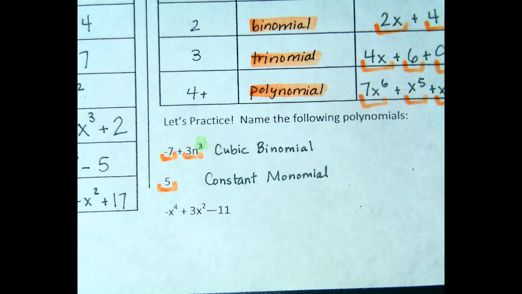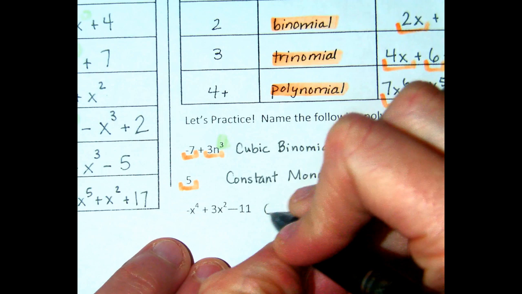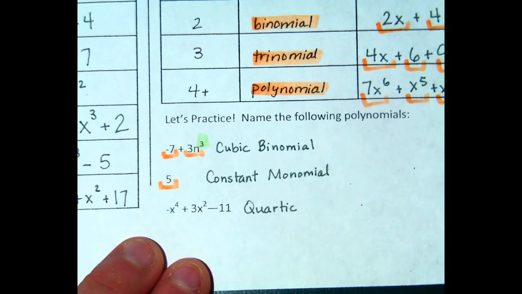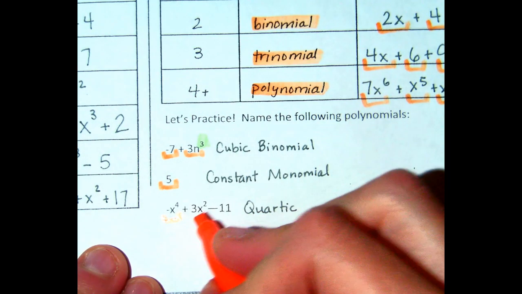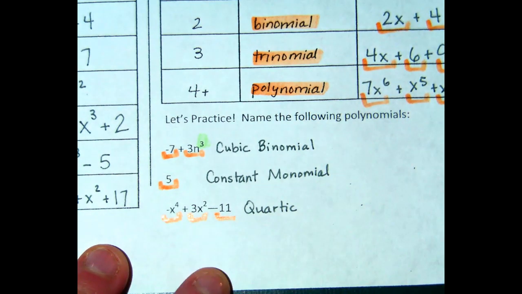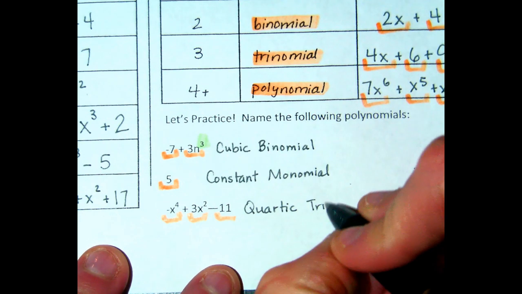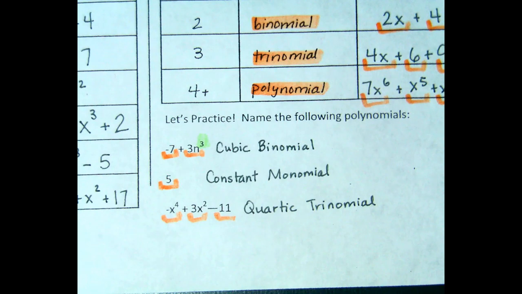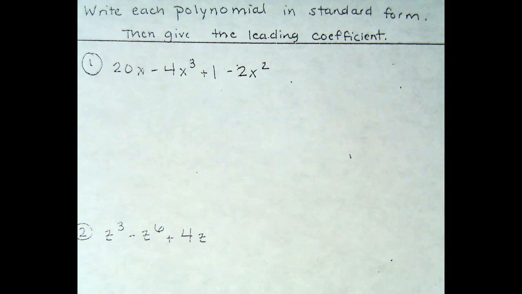All right, what is the highest exponent? 4, so it's a quartic. Okay, how many terms does it have? So it's a quartic trinomial. Very good. Glue this in. You'll have to glue it in sideways on page 90 for accuracy. Okay. Write each polynomial in standard form means we're going to look at the exponents and put them